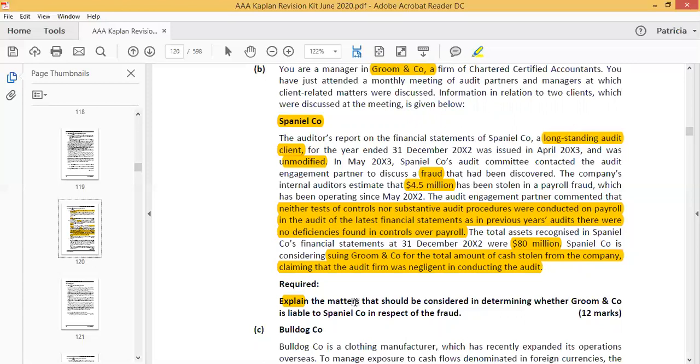So in this situation, you have to clearly state first that it's not the auditor's primary responsibility to detect fraud. You should be clear that it's not an auditor's responsibility to detect fraud. However, it's primarily the responsibility of management to prevent and detect fraud. So the auditor is just required to obtain reasonable assurance on the financial statements that they're free from material misstatement, whether caused by fraud or error.